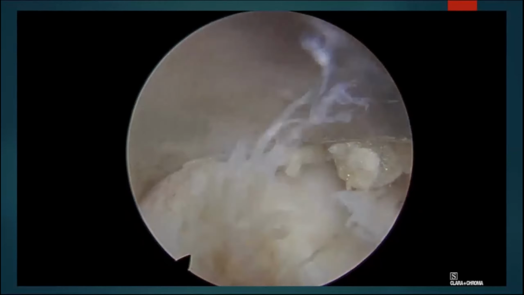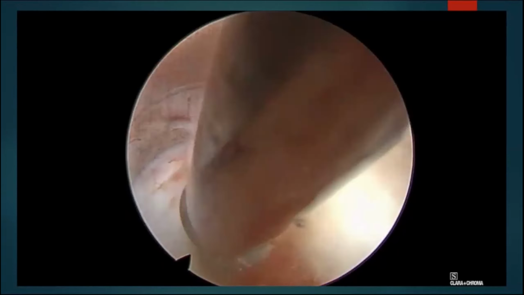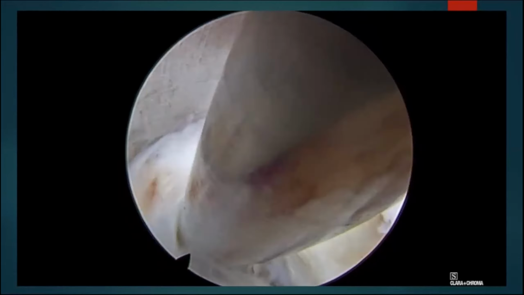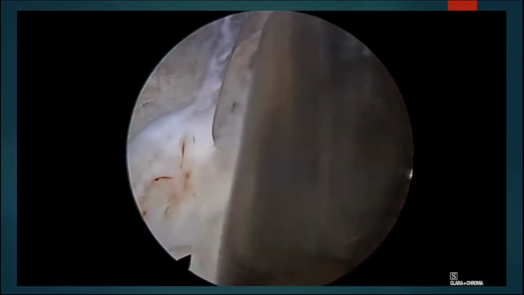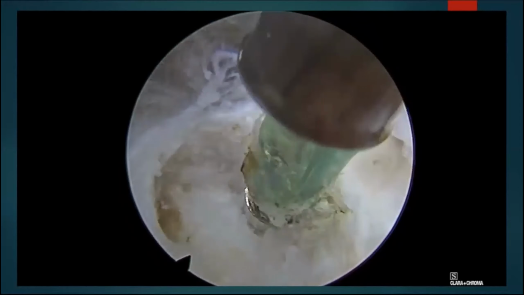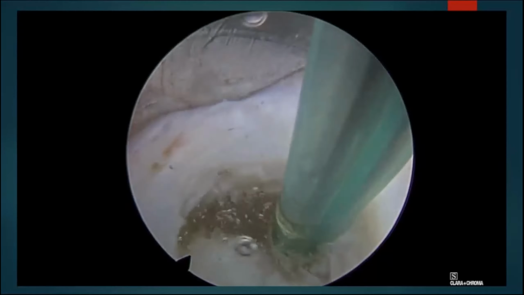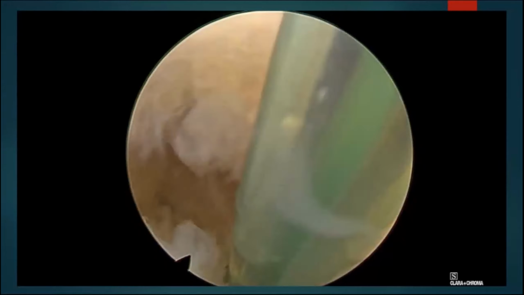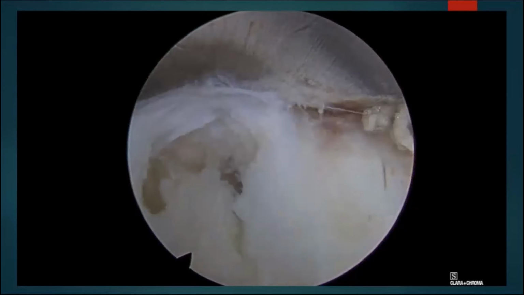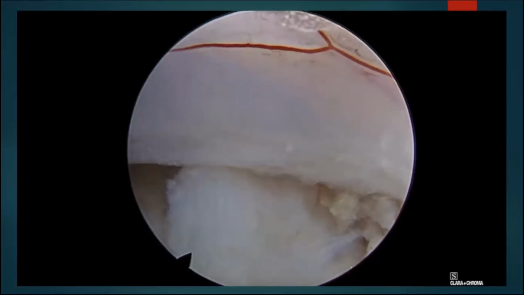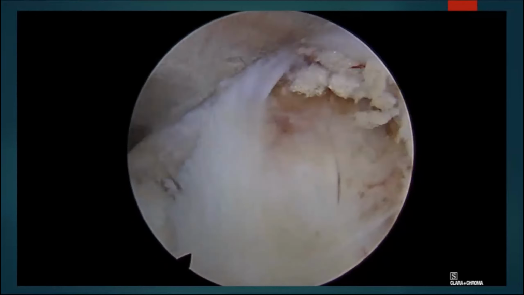Once, bit by bit, the extruded fragment and other loose fragments are removed, just use the RF to coagulate the edges. And the biggest advantage here is once we remove the extruded fragment, we can appreciate the hard things. Once we are removing the soft things, we need to appreciate the hard things, whether they are causing any neural compression. So once this is done, you can see here I have removed all the soft fragments. There is hemostasis attained. Now superiorly you can see that edge, the superior edge of that bulge, is rubbing the nerve there. You can see that.